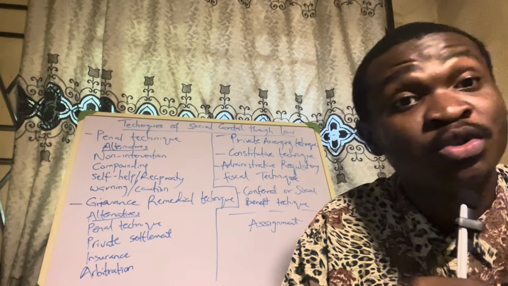What will they do when they arrest you? They will have to investigate that offense. When they investigate to get the necessary evidence, they will arraign you. Arraign means bringing you to court in order for them to read your charge to you: on this day, you did this, guilty or not guilty? How do you plead? You now say not guilty.